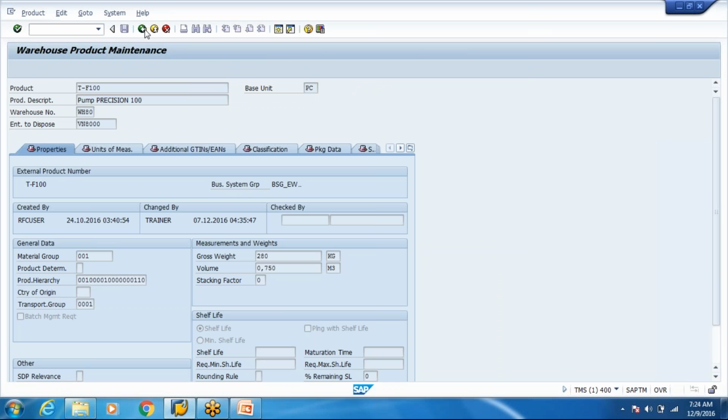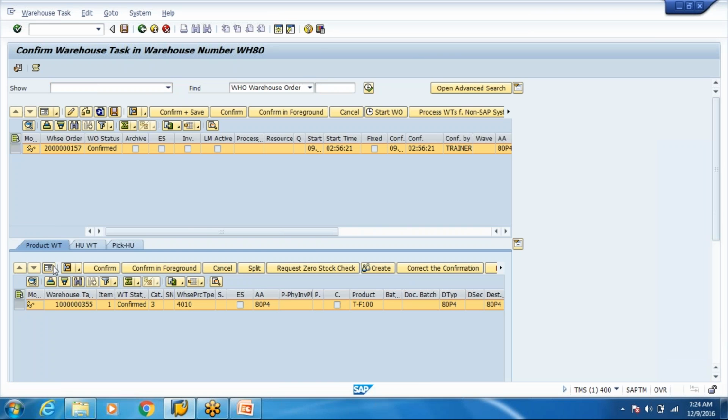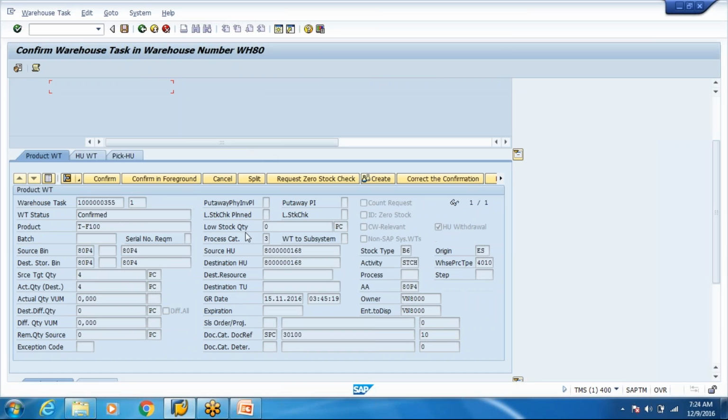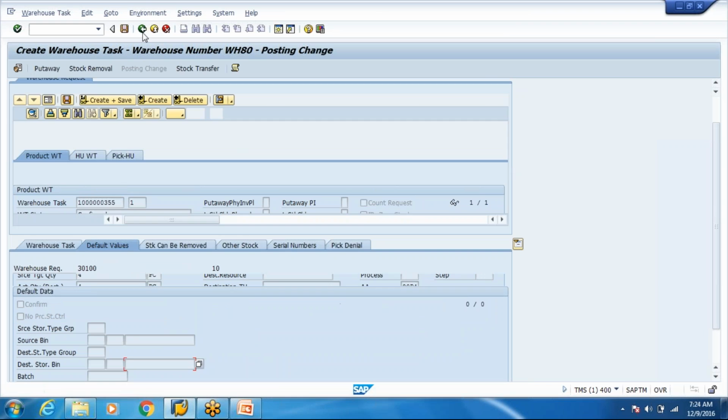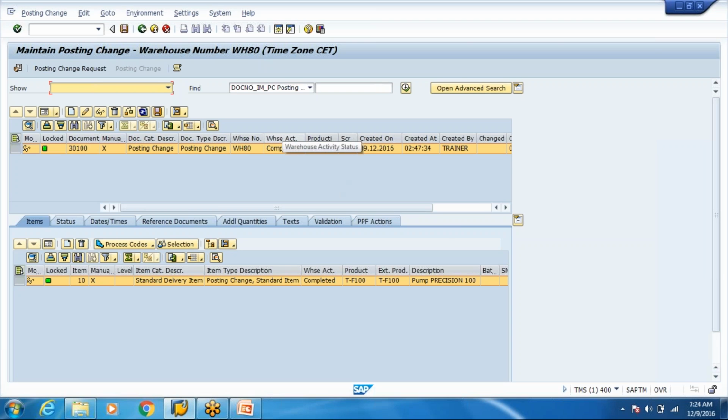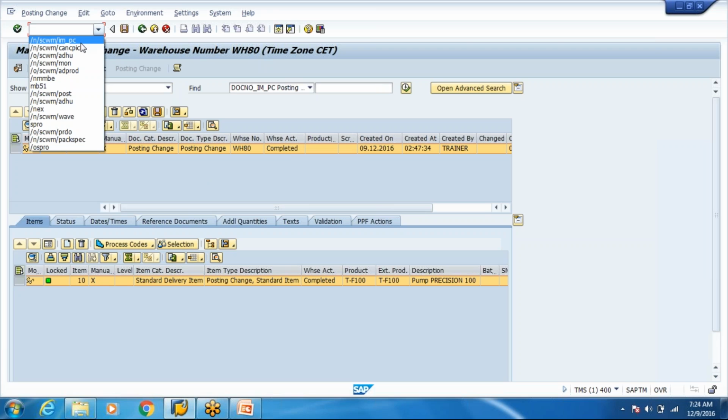So you can see the stock has changed. Okay. And now the task has been created. Task is of internal. Now we will see the posting change delivery. It should be completed. Yeah. And let us now see the handling unit. What we made into block. Now we change it back from block to